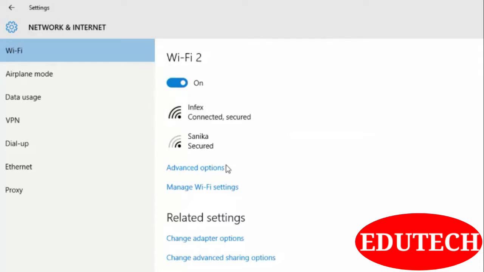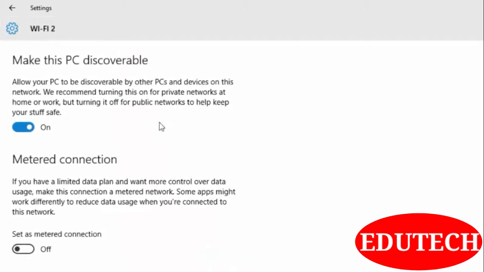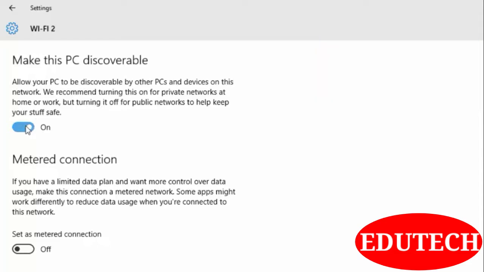If you want to access more advanced options, then you can click on this advanced option. Here, you can set your PC as a discoverable PC. If you don't want your PC to be discovered by other devices, then you can just turn it off. If your data plan is a limited data plan, then you can set this connection as a metered connection.